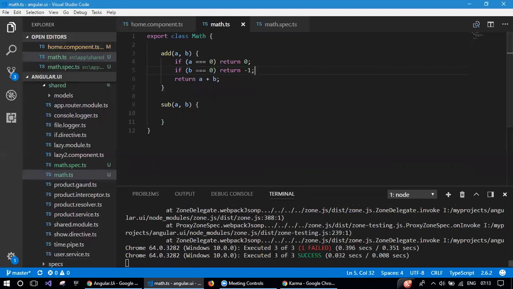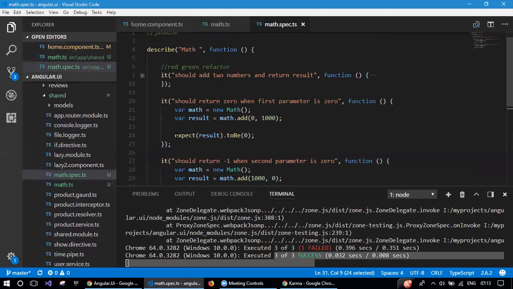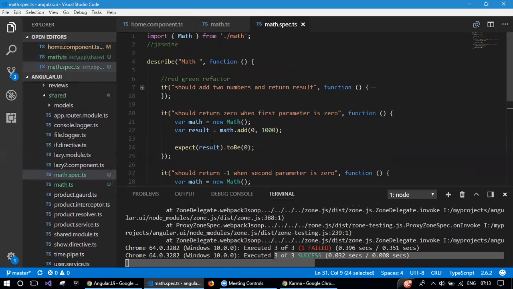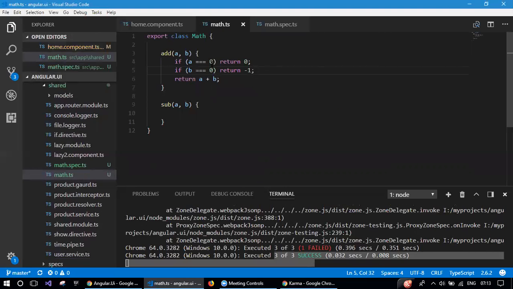See, now we have a passing test. So what's the advantage of writing these tests? The advantage is you will be more and more confident about refactoring. If some developer came and modified this logic for some reason, you will have a failing test here, because